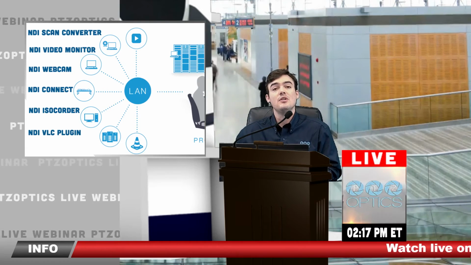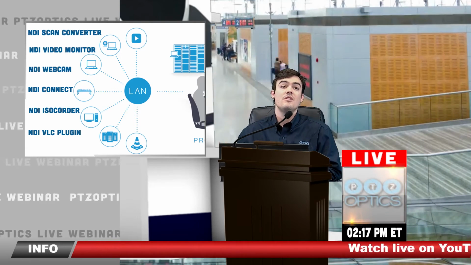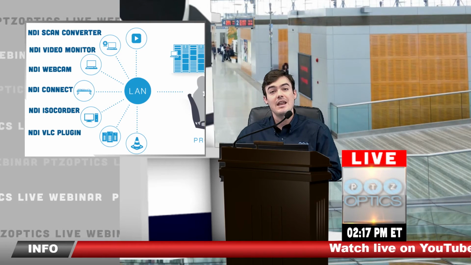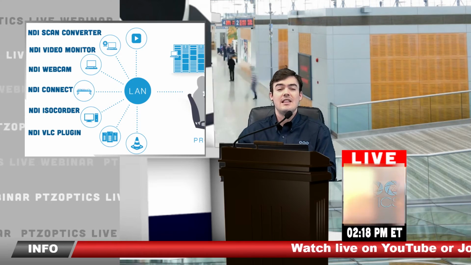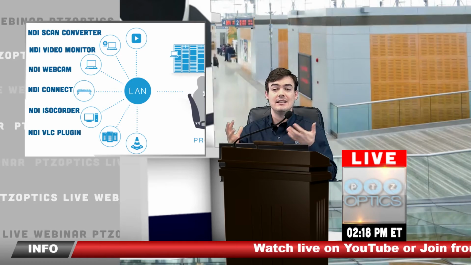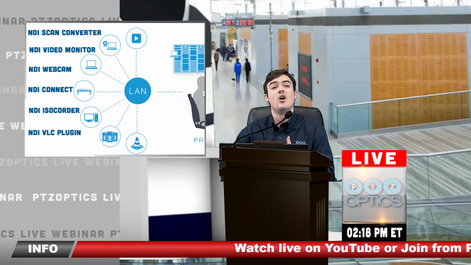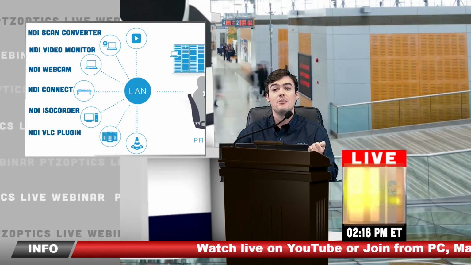So if you're on a local area network and you're live streaming directly to VLC, you can use the NDI VLC plugin, and that would turn it into an NDI source. We have to check the latency, and latency is really the biggest issue. With NDI, technically, there should be no latency. So with the USB 3.0 connection to a USB 3.0 computer,